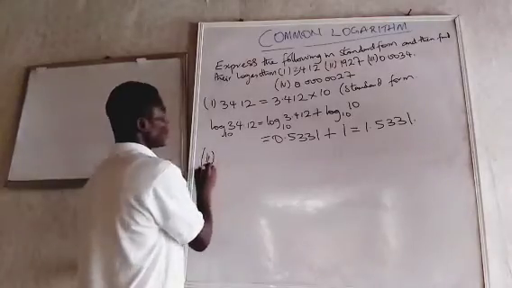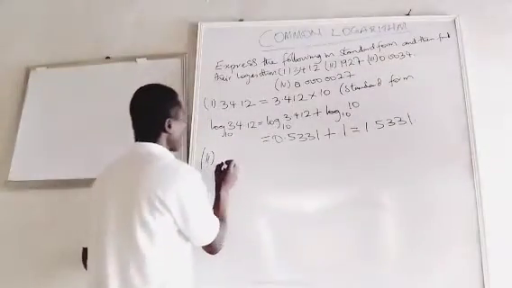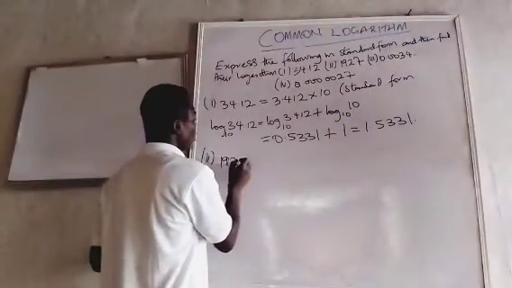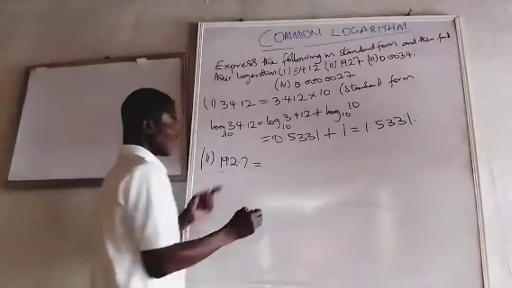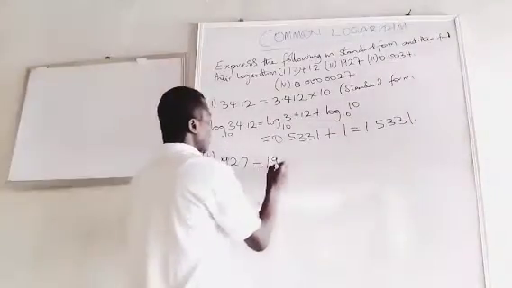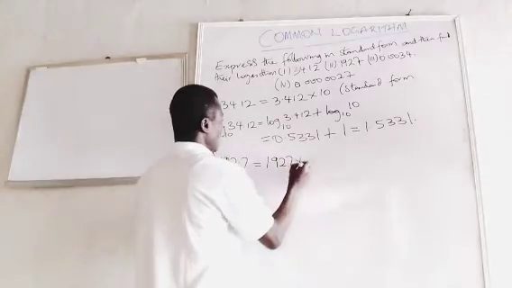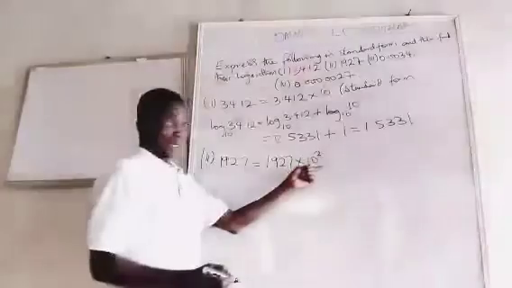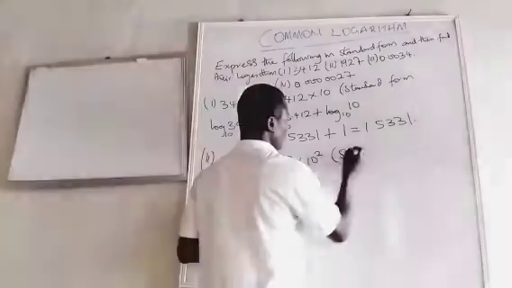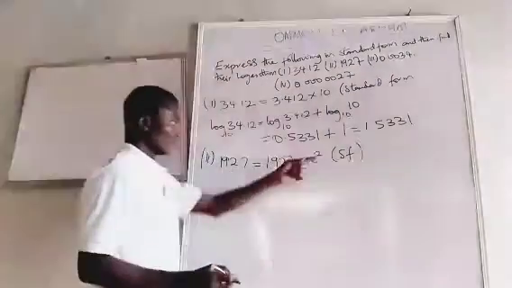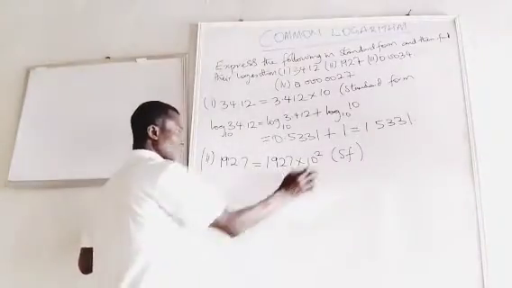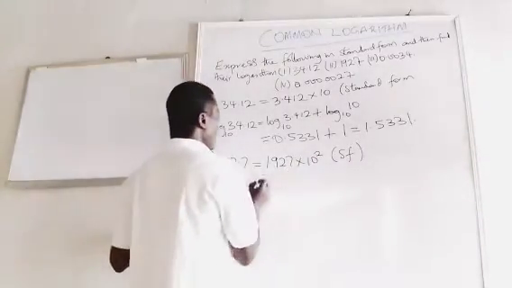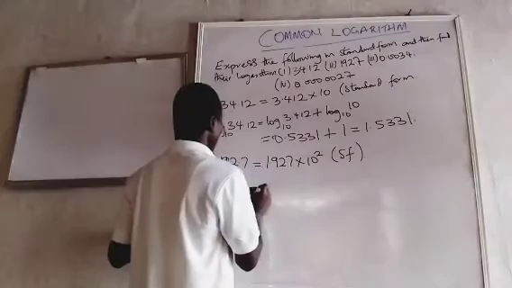Let's look at the second one. I have this one to be 192.7. This one is going to be 1.927 times 10 raised to power 2. That is the standard form. Now, what do I do next? I will go to check. So this one will now be